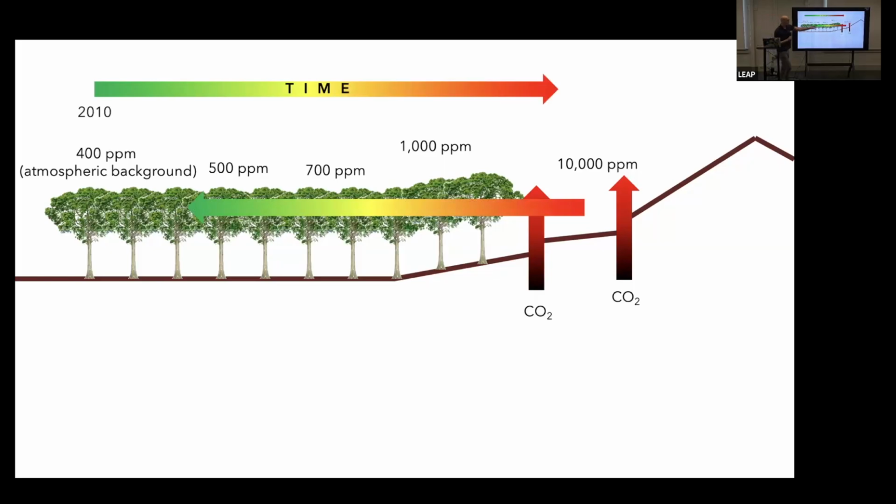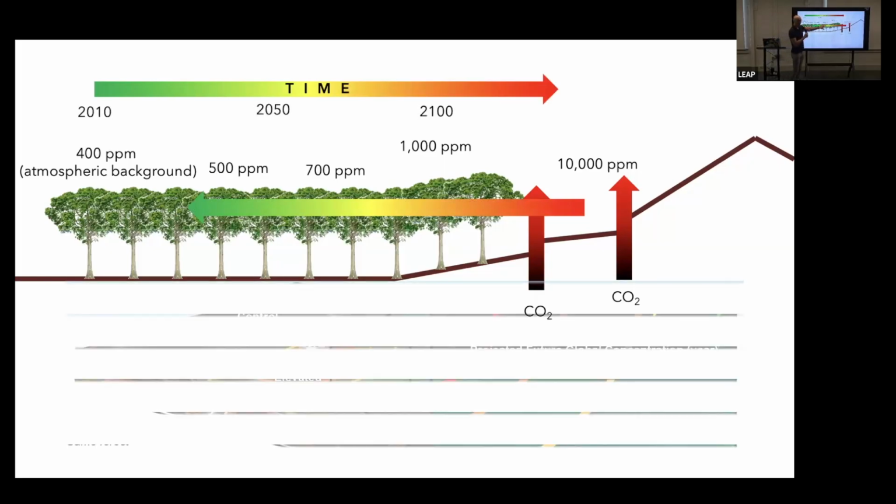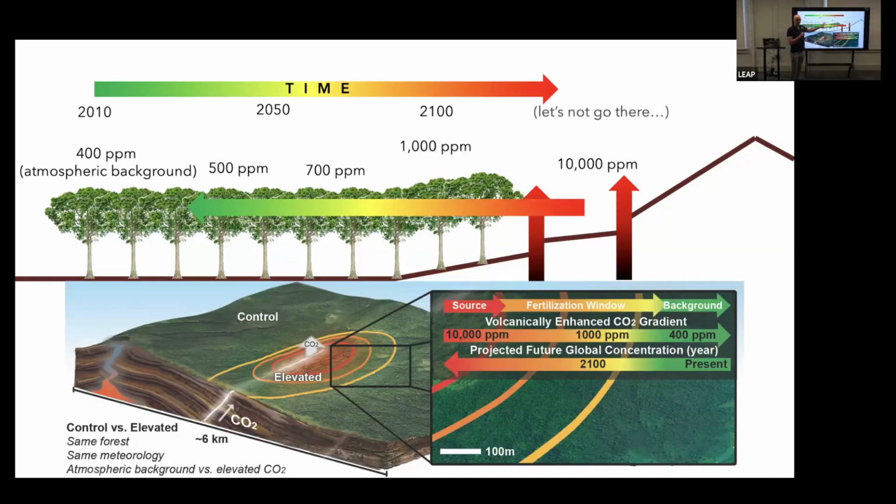And so these parts of the ecosystem are now living in a future world. They're living in a world in which there's going to be more CO2. So the question is, what have they done? How much carbon did they take up? What are their species? Did they change their evapotranspiration? You know, what's going on? And so Mother Nature has basically put this FACE experiment for us, and we have to go in there and figure out what the answer is.